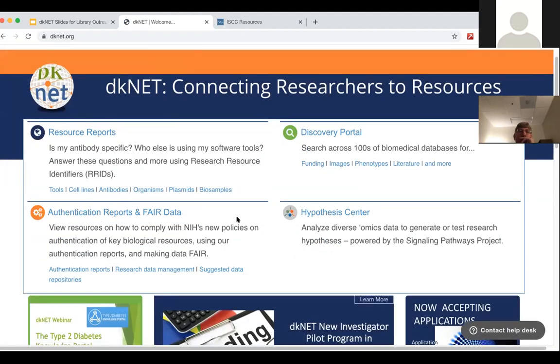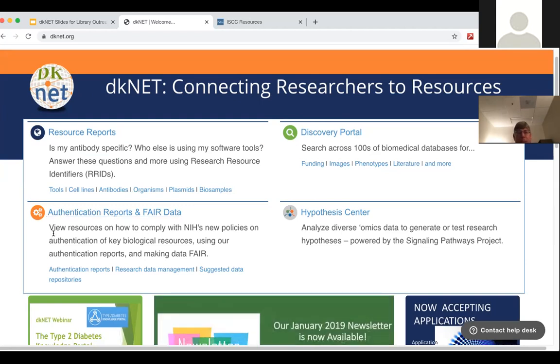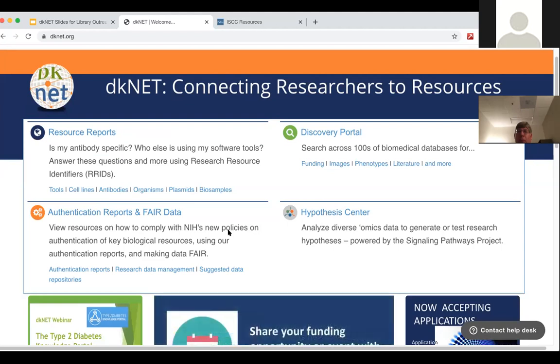Now, since we have some more minutes, I'm going to show how researchers add their resource to the authentication report. The authentication report is a section for when a user comes to the library and says, oh, I'm going to submit a grant to NIH, and NIH requests some more information in the supplemental, including authenticating the key biological resource.